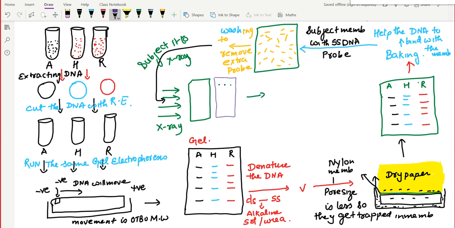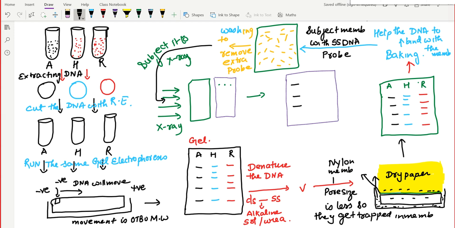So because of the radiation, when we look at the X-ray film, what are we going to get? We are going to get a reflection of the probe. It means the image is forming because of the probe. So wherever the probe binds, we will see a particular image. We see an image here, here, and here. This last one does not show any image, which means in this portion there is no repetitive sequence. This is a particular type of waste which is present.